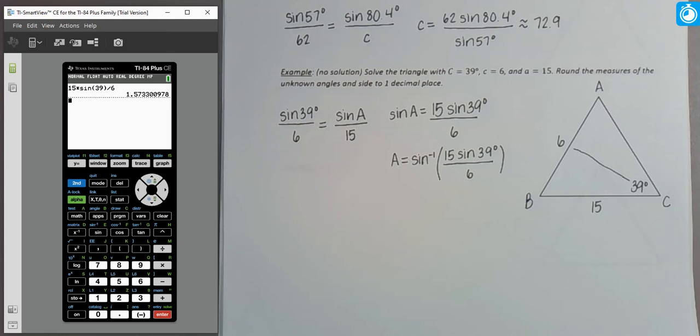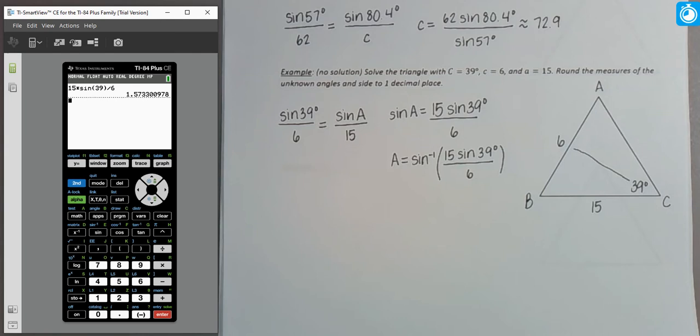Now, as soon as I see that, a red flag pops up. What's the problem with this? Well, remember when we defined the inverse trig functions, we plug in a value for sine, cosine, or tangent, and we get out the angle, a specific angle that would give us that value. So what we're asking, if we're evaluating the inverse sine of this number, is what angle has this